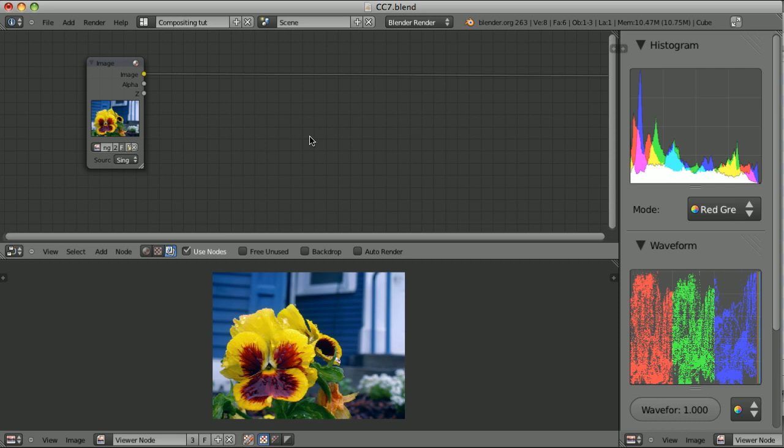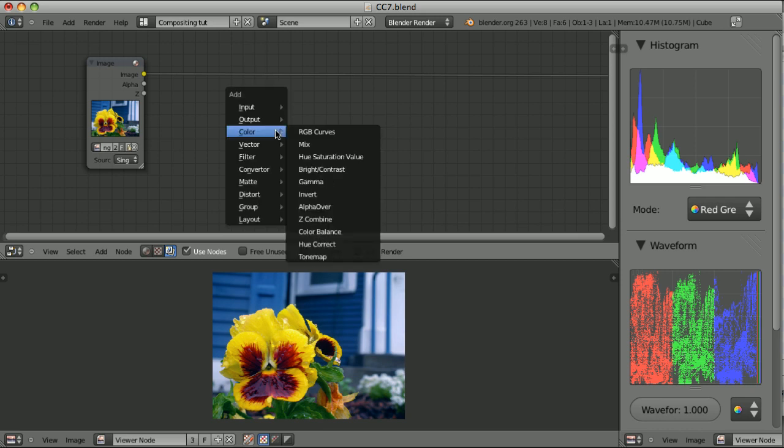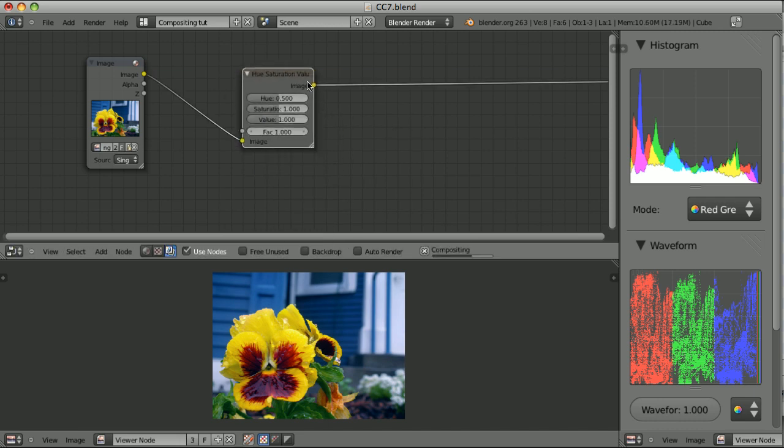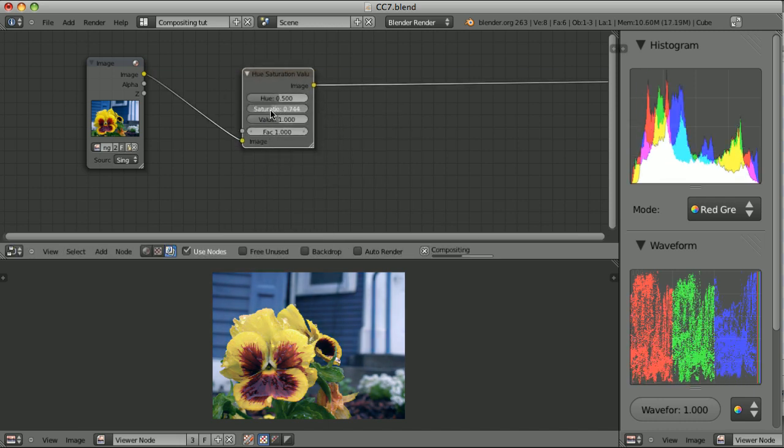Let's play a little bit with the saturation of the image. I have purposely chosen a very colorful image, and we will first try to desaturate this a little bit. Which effect should we choose? The most logical choice would be to use the hue saturation value, drop it here, and simply lower the saturation,